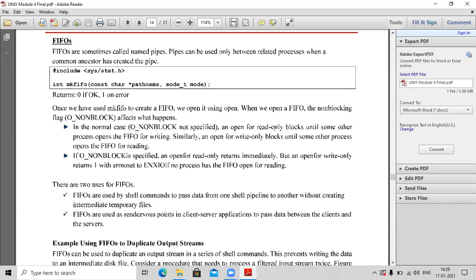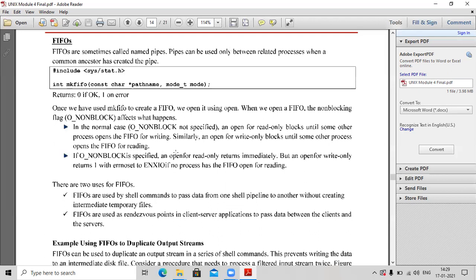So if a process is trying to read a FIFO file, but some other process has opened it for writing, then this process gets blocked. Similarly, if a process opens a FIFO for writing, but some other process is reading the FIFO, then this process gets blocked. In order to avoid this, you specify O_NONBLOCK as 1.